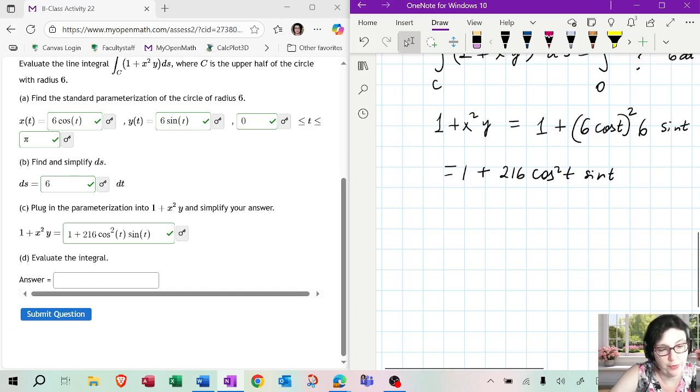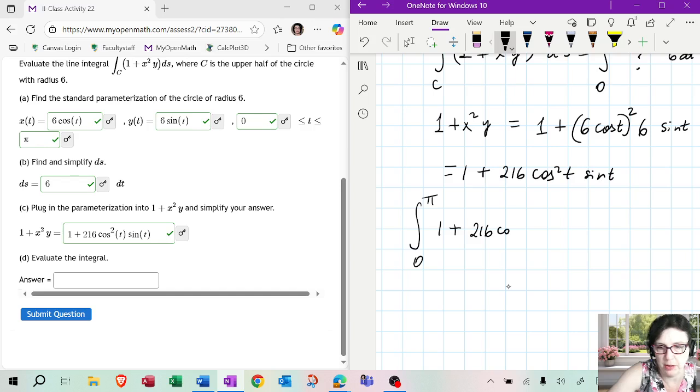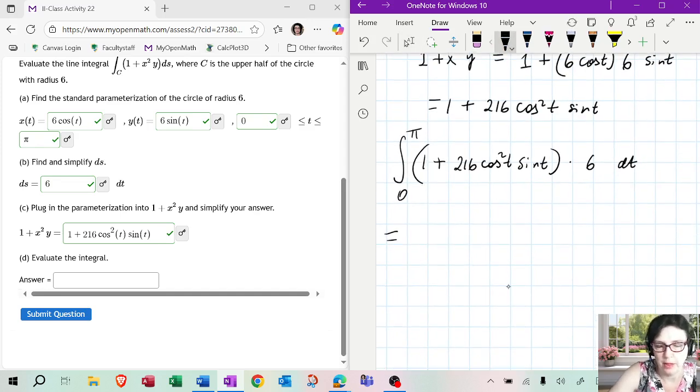And then to evaluate the integral, we actually have to integrate. So let's go ahead and integrate. This is from 0 to pi. We're integrating 1 plus 216 cosine squared t sine t, and then we are multiplying that by ds, which was just 6 dt. Okay, so let's see what happens. Now, let me just pull that 6 out and multiply the whole thing by it. So when we integrate 1, that'll be t from 0 to pi,